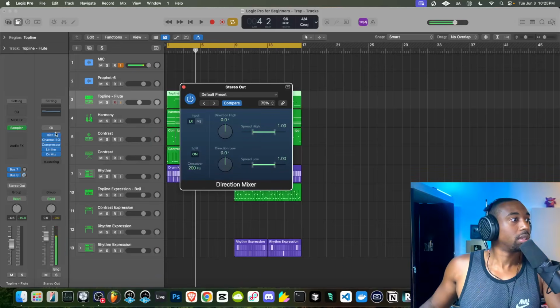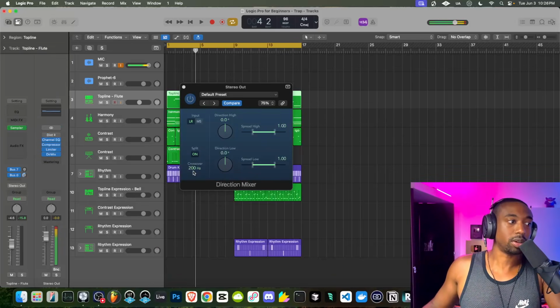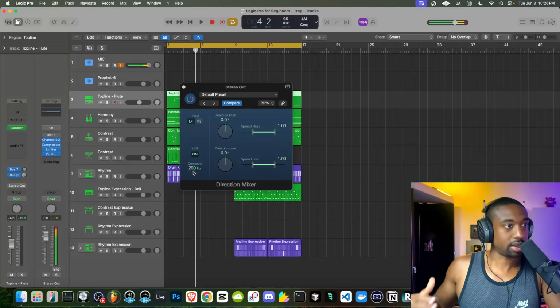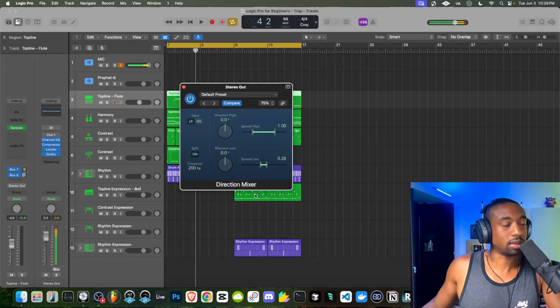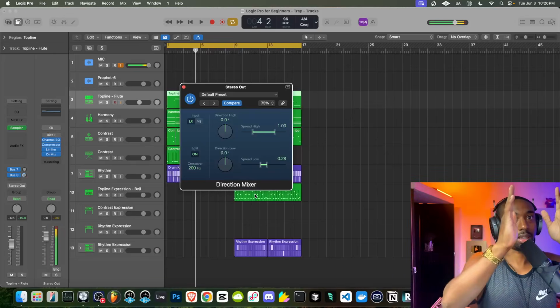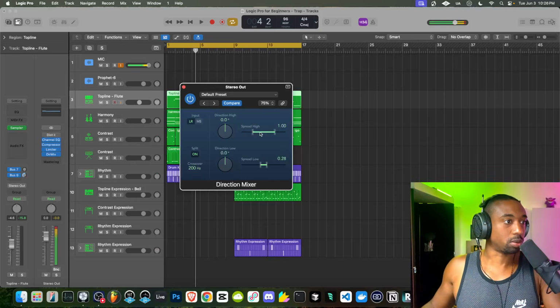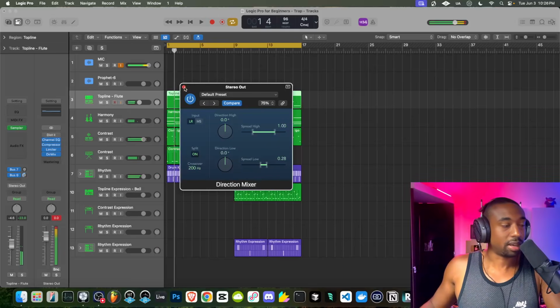Anyway, what I'm going to do in this is anything below 200 hertz, which is your bass and your kicks, we're going to pull this down so that it's more centered. So don't think of it as full mono. Instead of everything being wide like this, it's going to pull it in like this. And we're going to leave everything else normal. It's going to make the instrument sound wider and reverb sound bigger. This does not apply to every single song though.